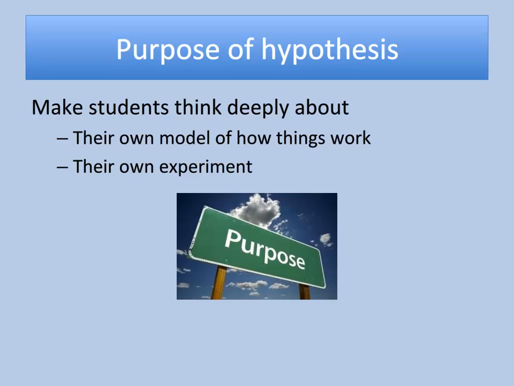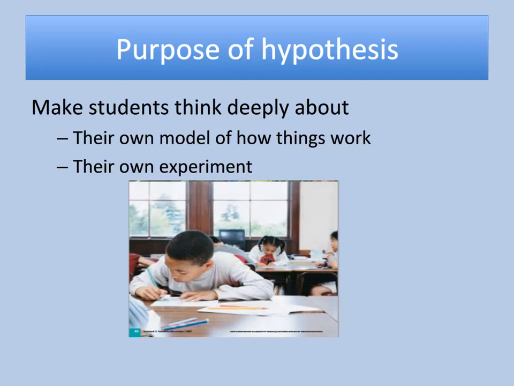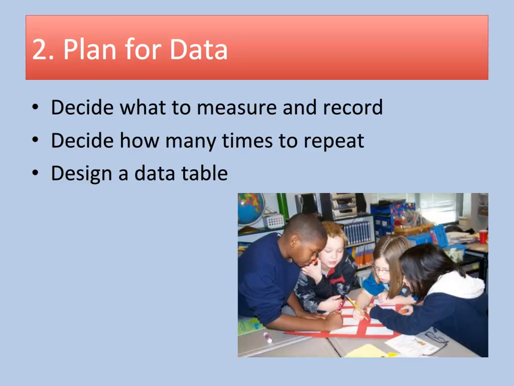If it's to be a useful part of the process, making a hypothesis should make students think deeply about their own model of how things work, considering how different possible outcomes of an experiment might support or disrupt their model. For bilingual students to talk about how things work, the draw talk strategies from Week 1's Explore will be very useful. Once the students have a justified hypothesis or a basic hypothesis, we're on to step 2, making a plan